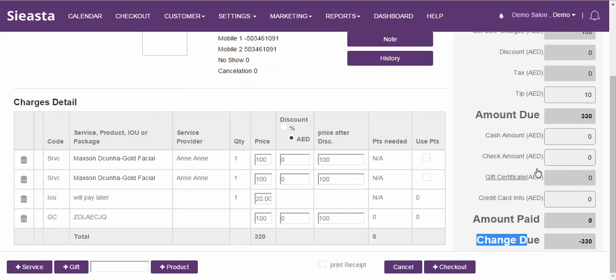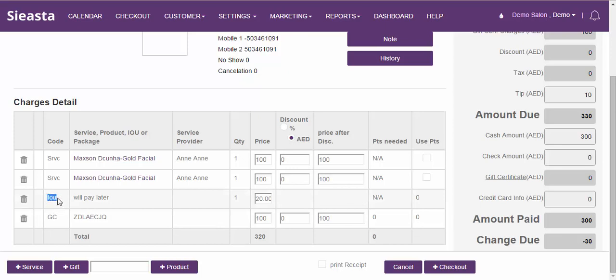Now the customer has many options to pay. He can pay via cash, he can pay via check, he can pay via credit card, and he can pay via the gift certificates offline. In case the customer does not have 330 to pay you, he can still pay 300 dirhams, and then the 30 will be added into the IOU.